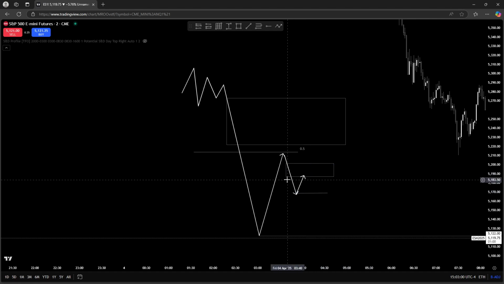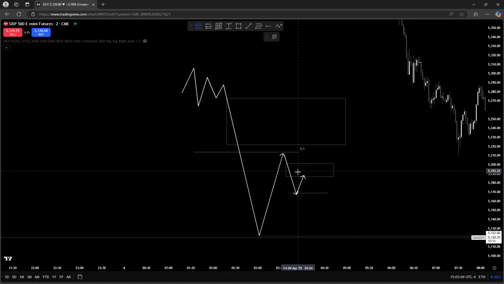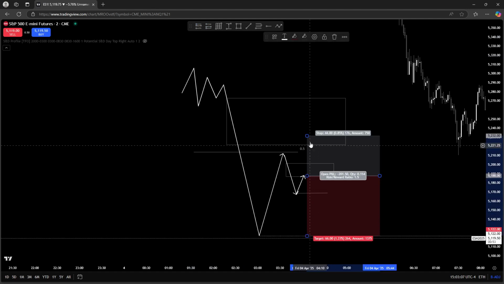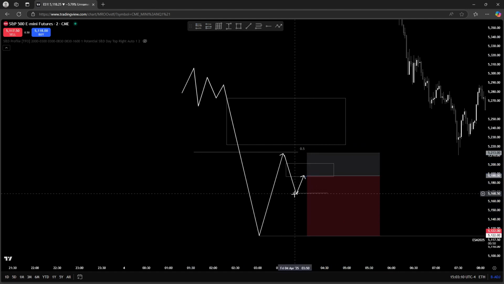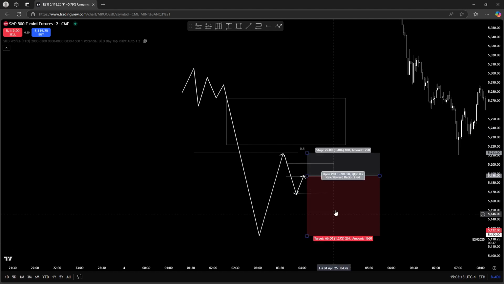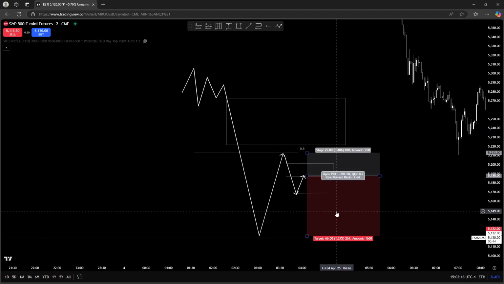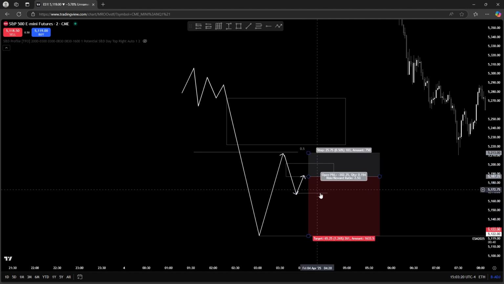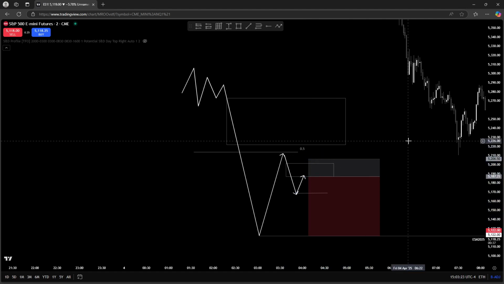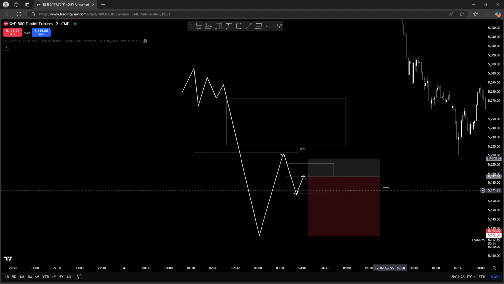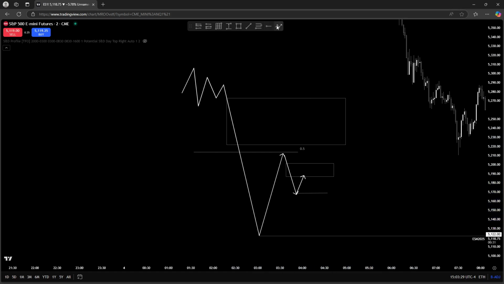See, I didn't want to enter off of the 5-minute gap. I could have entered here, targeting this. But like I said, from this price action, price could either shoot up or shoot down. So I really didn't want to risk it. I wanted to stay patient and get clear confirmation. So yes, you could have entered here, but personally, I just didn't want to. I wanted to wait. So that's what I did. I waited, and I saw displacement. I was on the 2-minute at this time, and we got displacement lower.